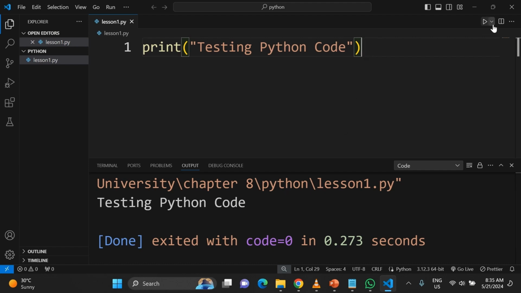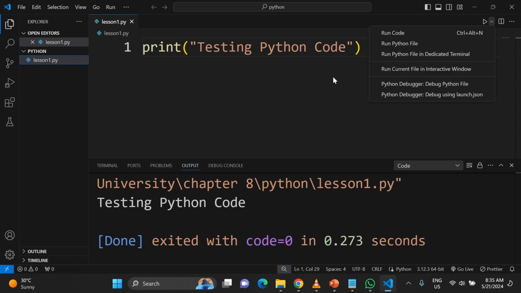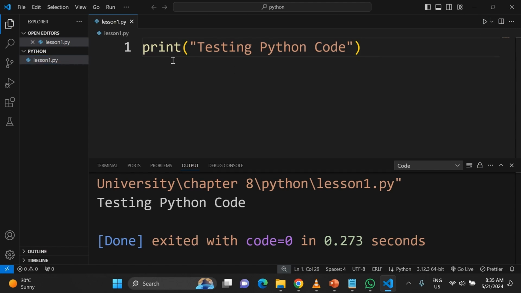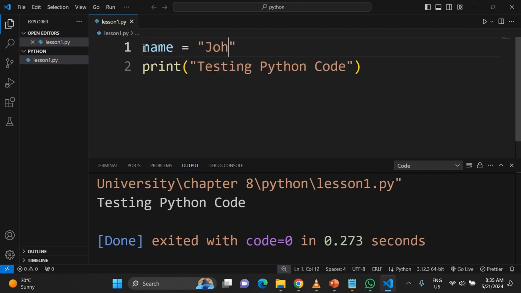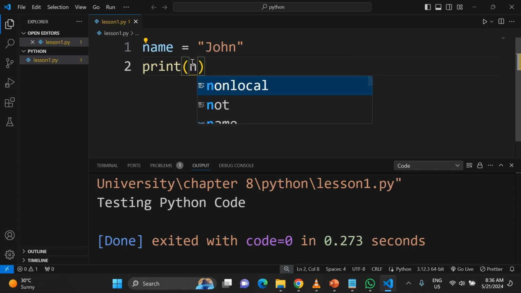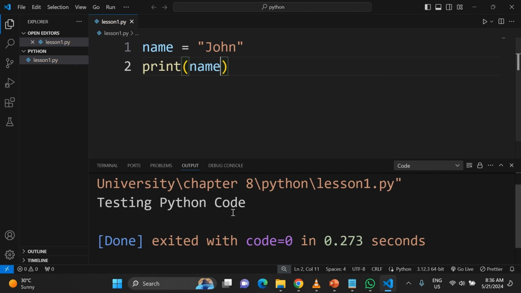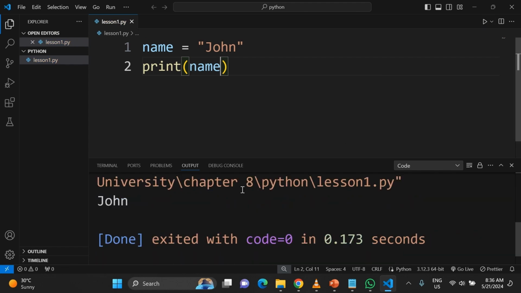So with this, you can write your normal program. For example, create a variable, give it a name, give it a value called John. Then I'll print that variable out, and of course the value will be John. So click on that play button to see that it displays John for me. Okay, so that is basically what that is. So the next thing we need to do,